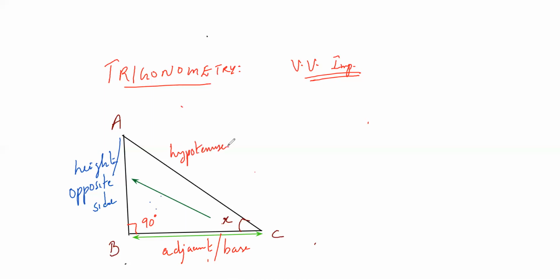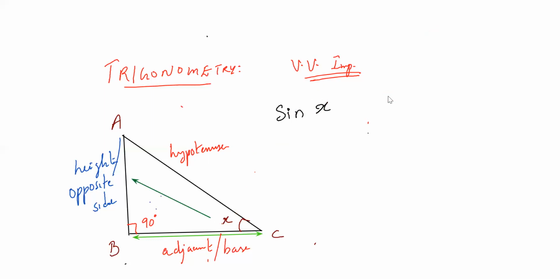So if you know these terms, then there are three important ratios. One is sin X. In class 10th physics also we learn Snell's law, where we use this application. The ratio of sine of angle of incidence to sine of angle of refraction is a constant. Sin i by sin r is equal to a constant, the refractive index. So this concept is used everywhere.